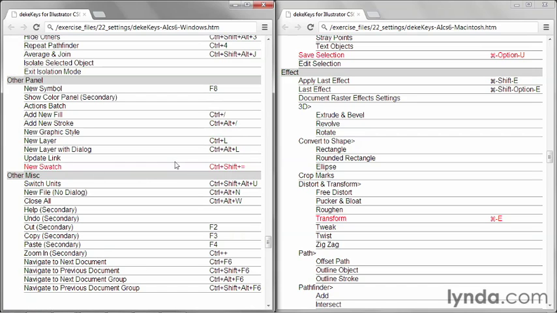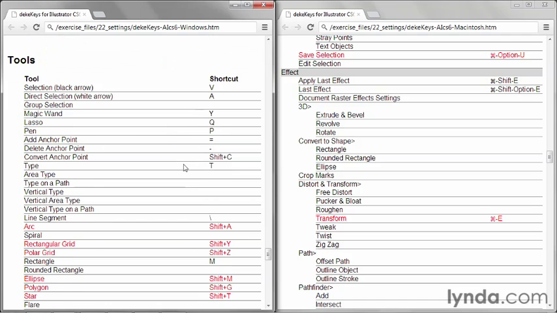I went ahead and added a shortcut for creating a new swatch, which is Control-Shift-Plus, essentially. It appears as equals, but it's the plus key. Command-Shift-Plus on the Mac. And then if you scroll down to the tools list, you'll see that I've added a